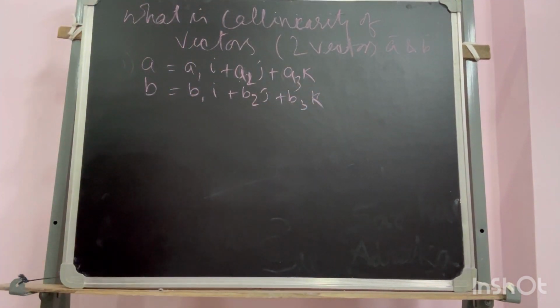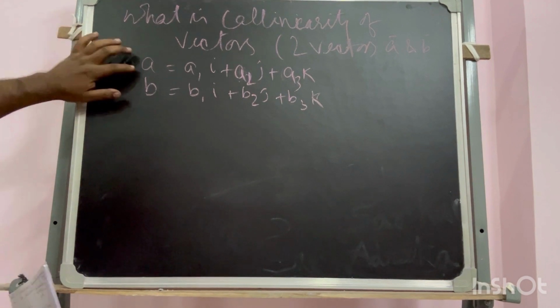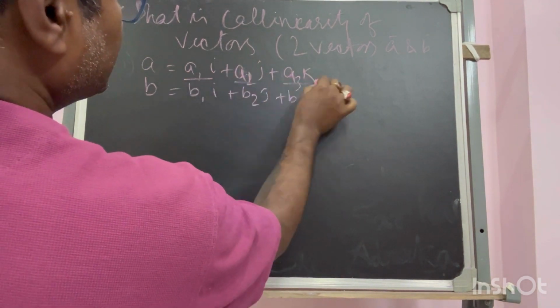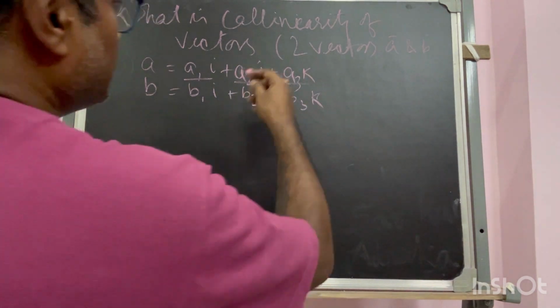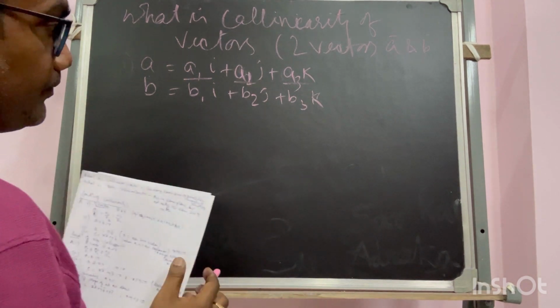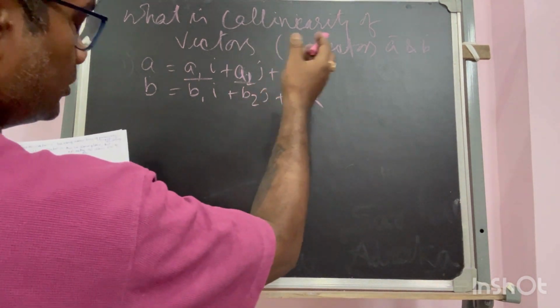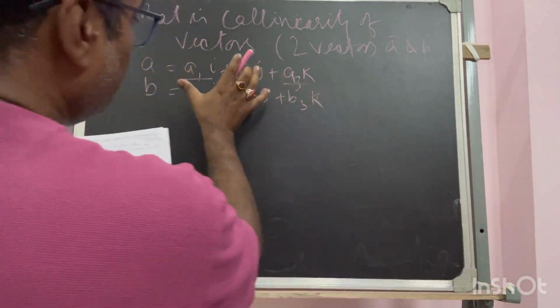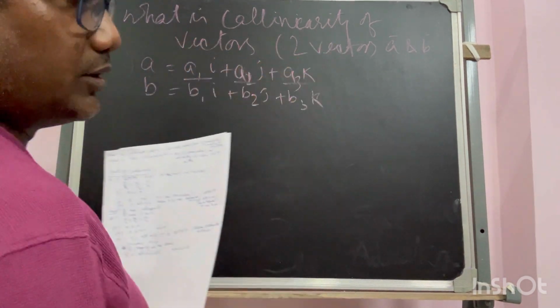These are the vectors A and B representing some sets of vectors. You can say they are coplanar. This is the vector being represented by the components of the